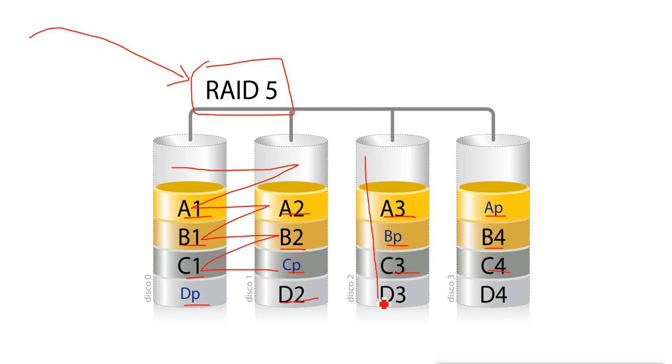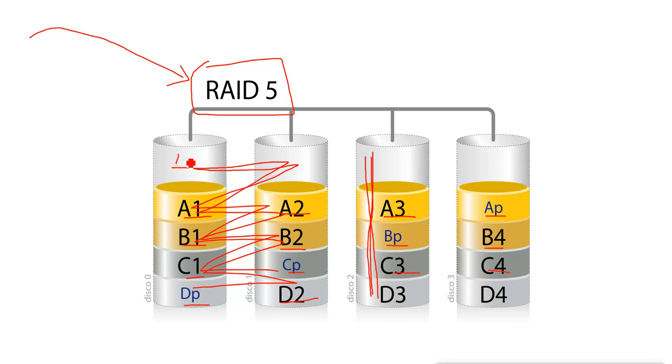Now why am I saying this? Let's say we are using only 3 disks. Two disks it will use for data striping and one disk it will use for parity. Now with the data striping you will get what? You will get the performance for reading and writing, and also you will get the combined space.